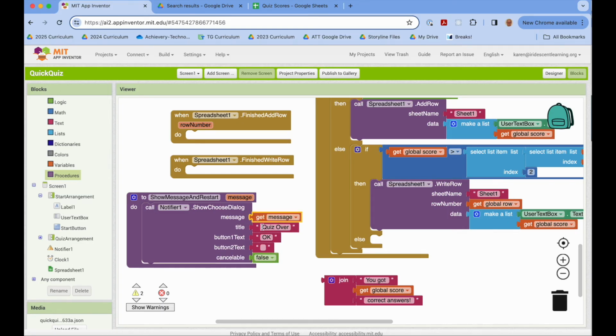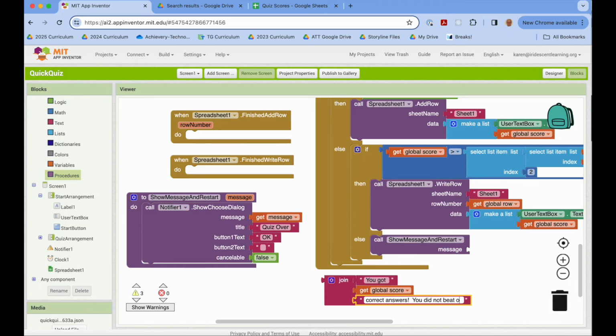And then in all cases, it will say quiz over with one button text called OK. Let's take this case first. So in this case down here, the message is going to be, so what we can do is call this with the message. And the message will be, you got this score, you did not beat your previous high score